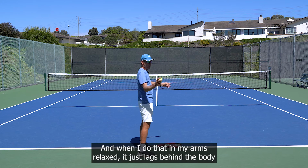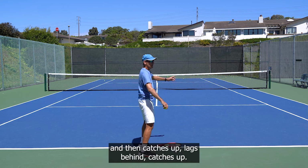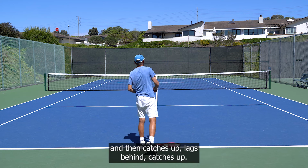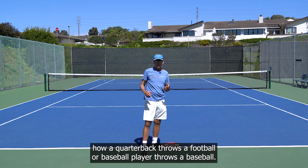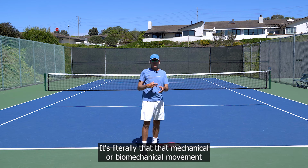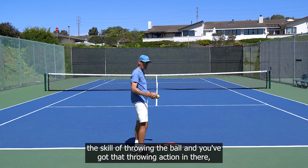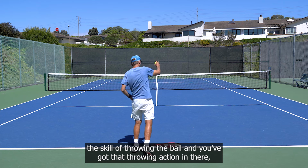And when I do that and my arm is relaxed, it just lags behind the body and then catches up. Lags behind, catches up. And that's literally how a quarterback throws a football, or a baseball player throws a baseball. It's literally that mechanical or biomechanical movement that you need to get in there. So once you've practiced the skill of throwing the ball and you've got that throwing action in there, now just